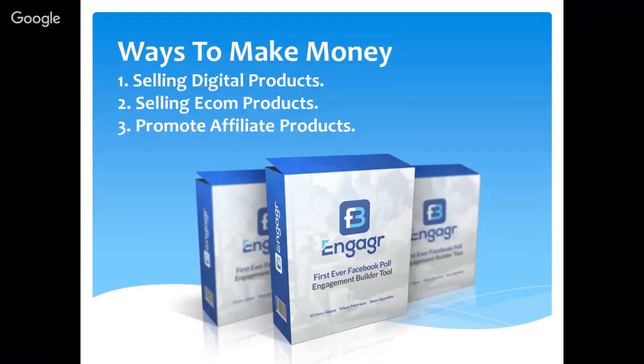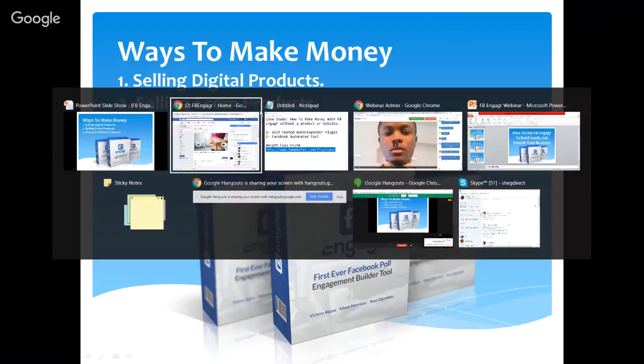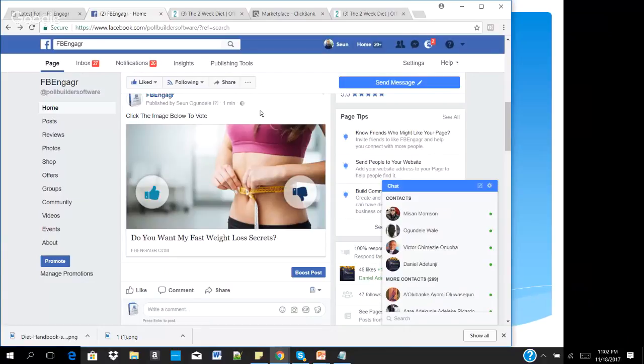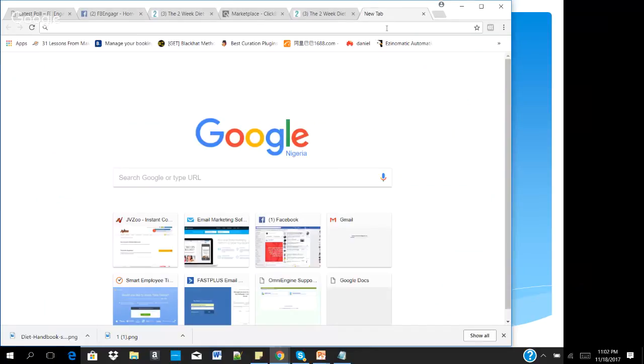I've talked about promoting affiliate products. The next thing I want to talk about is selling e-com products. Now, you can also use FB Engager. In fact, you're going to make a lot of money using FB Engager to promote e-com products. You don't have to own all these e-com products. One of the best places to get products at a very cheap rate is called